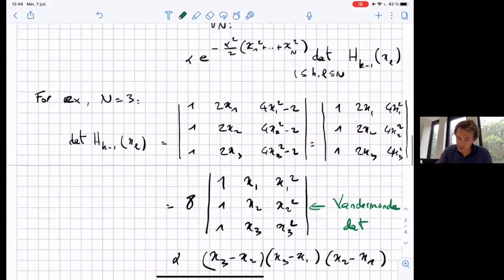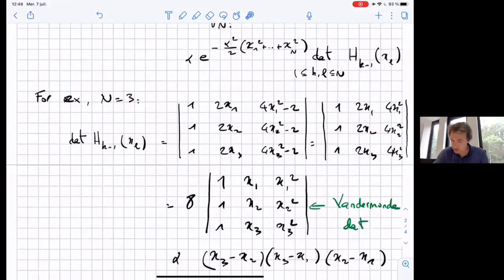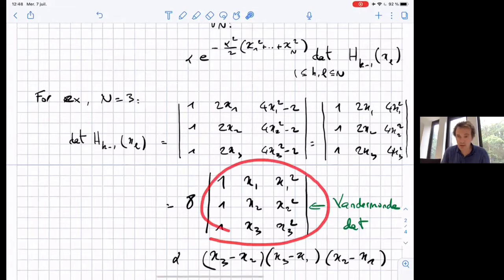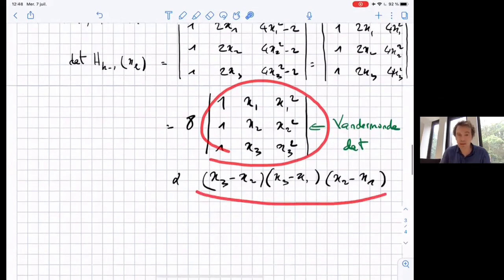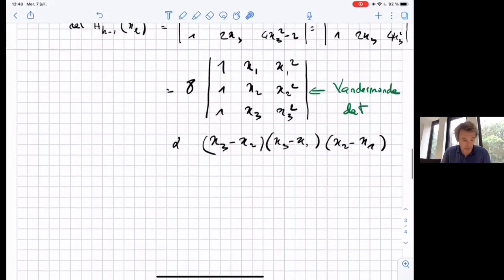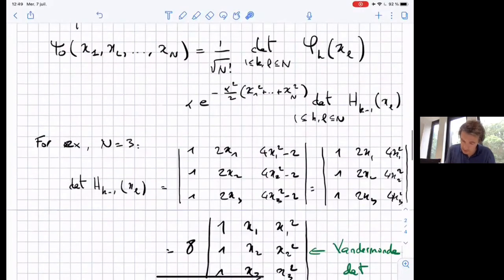Now, you guess what happens is that these manipulations that I have done here for n equals 3, I could repeat for any value of n by simply adding and multiplying, combining the different rows and columns of the determinant. And I will always be able to write this determinant as a van der Monde determinant, which we know how to evaluate, and providing then this result. So that's quite nice, because this means that if I look at this psi 0, okay,